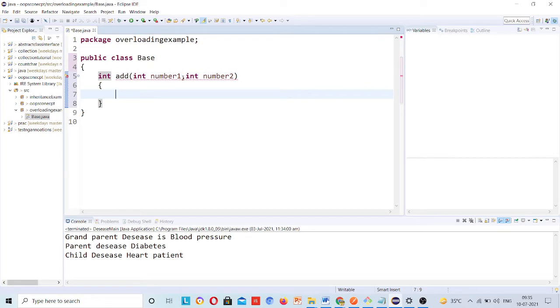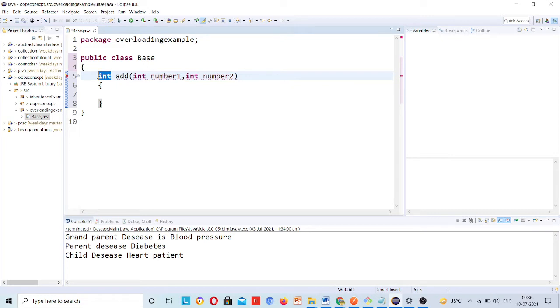You will see this error once you go to this. What is it saying? That this method must return a result of type integer. Why should this return? Because your method return type is integer, so it should return something in the form of integer, okay.